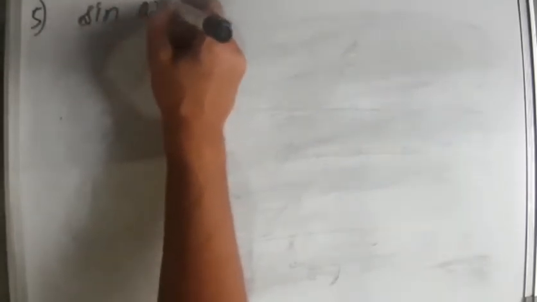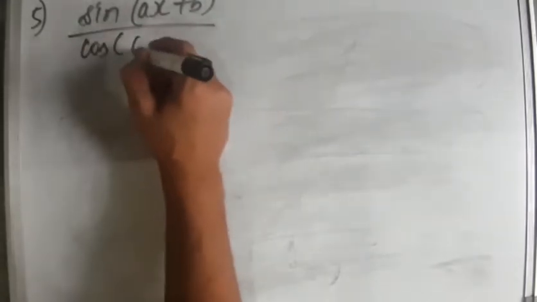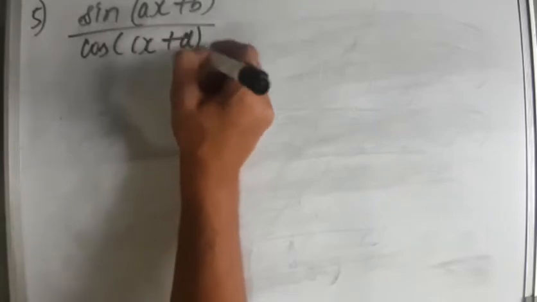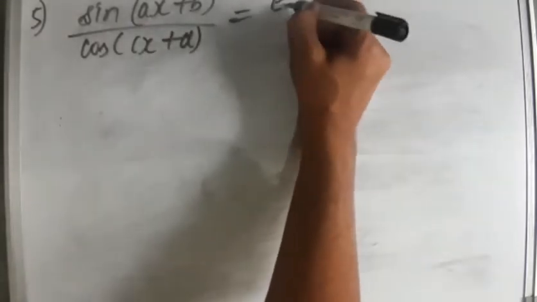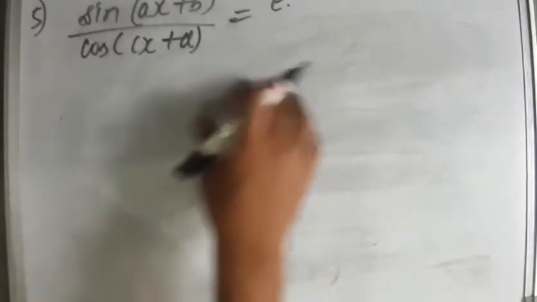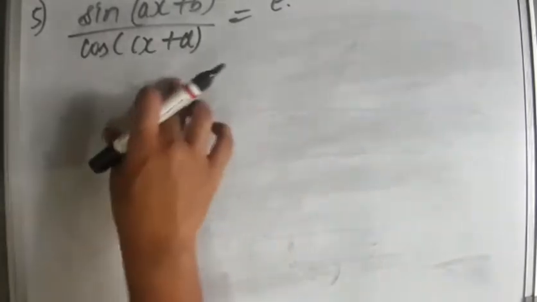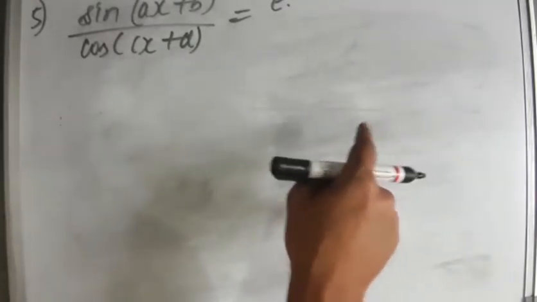Okay, sine ax plus b upon cos cx plus d. Let us assume this as e. I am assuming this e because e comes very less in these questions. That's why I have taken this as e. Now we need to apply quotient rule. Remember, I have already told you quotient rule, and this will be applicable here. Apart from that, there is nothing in this question.